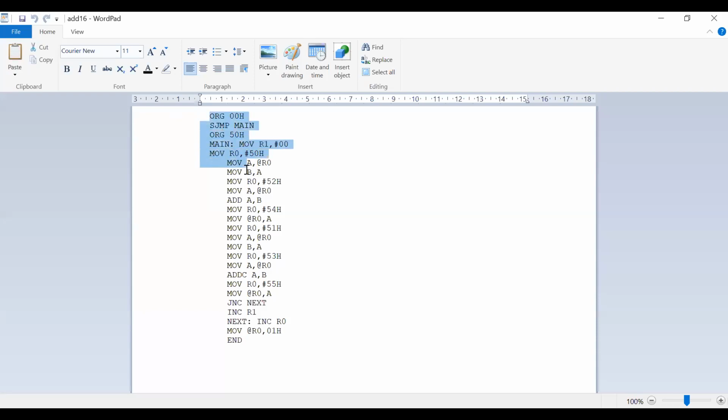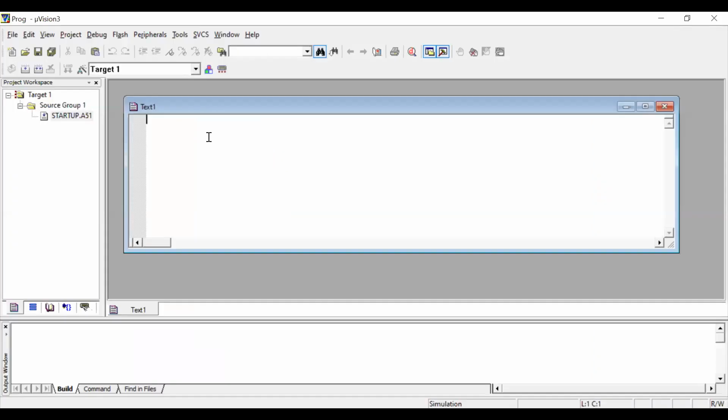I copy that program and explain later. Copy this program, and paste it here. Don't worry, I will explain each and every line.